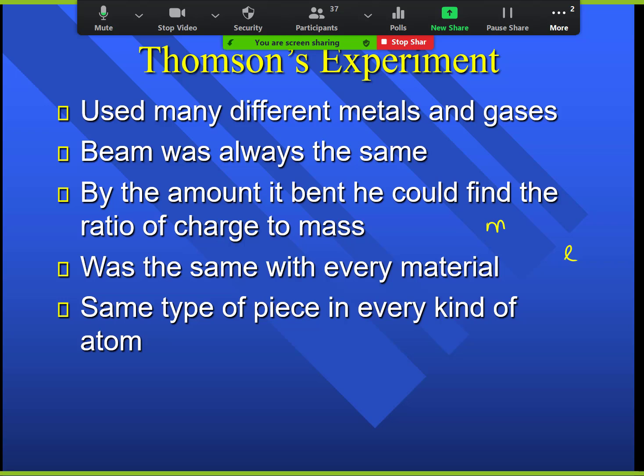And he published this paper saying that he had found a piece of the atom. And the chemists said, well, why would we listen to a physicist? He doesn't know anything about chemistry. What does he know about atoms? He says, well, I don't know about atoms. I just take your word for them, for every kind of element. But when I put different elements in, I got the same piece out. So that same piece has to be in every element, and since every element is made up of atoms, it's got to be in every atom.